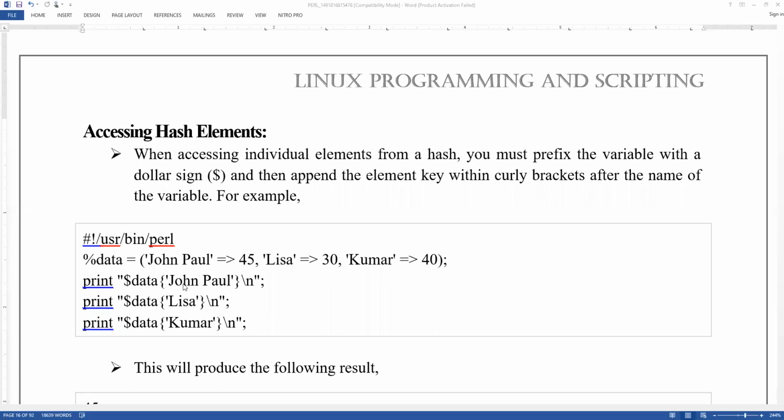Print dollar data of John Paul slash n. Print dollar data of Lisa slash n. Print dollar data of Kumar slash n. What is the output you are going to get? Anyone? Please unmute and tell me the answer. Anyone, no problem.